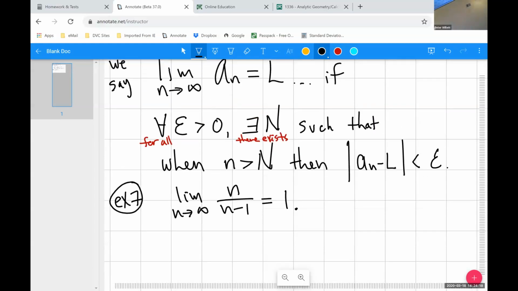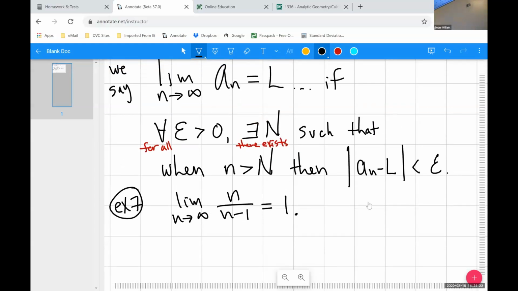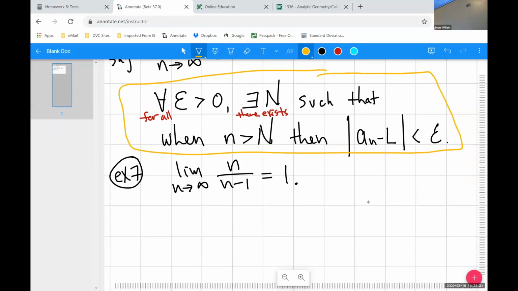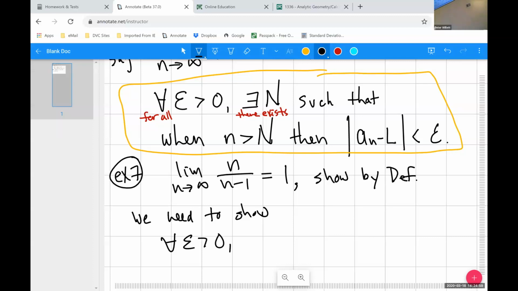And so the way we would do that is we would basically rewrite this using the specifics of our example before we begin the problem. So we're supposed to show by the definition. So what do we need to show? We need to show that for every epsilon greater than 0, there exists a delta greater than 0, such that